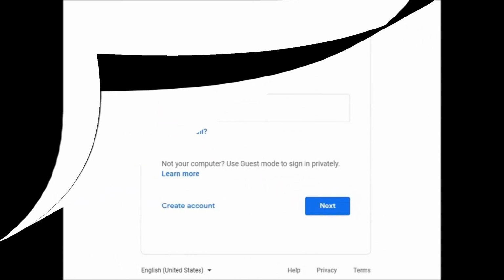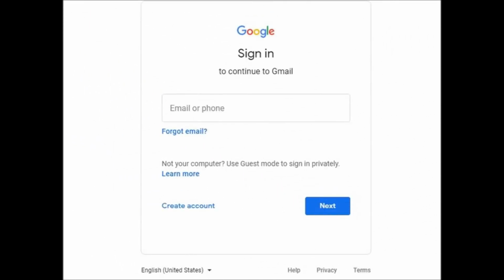So the URL is www.gmail.com. Once we have typed this URL and pressed enter, our browser will be connected to the web server of Gmail. So this is the page that will be displayed on our browser.